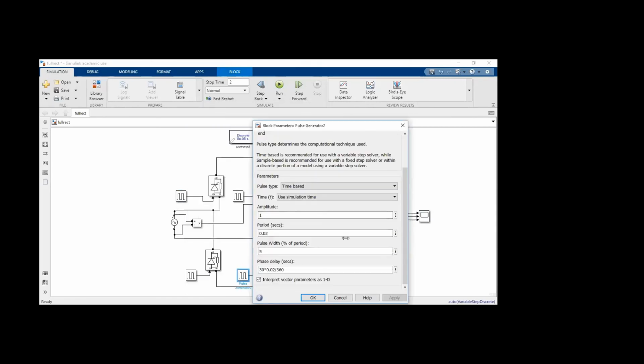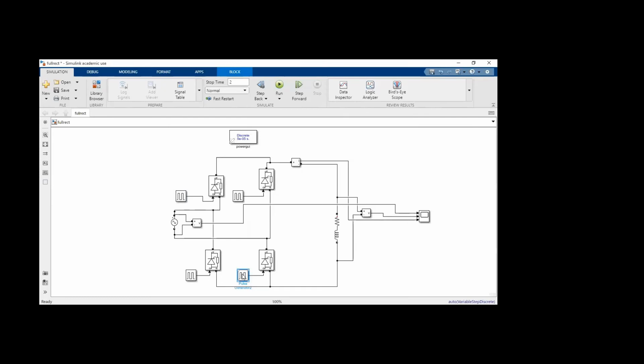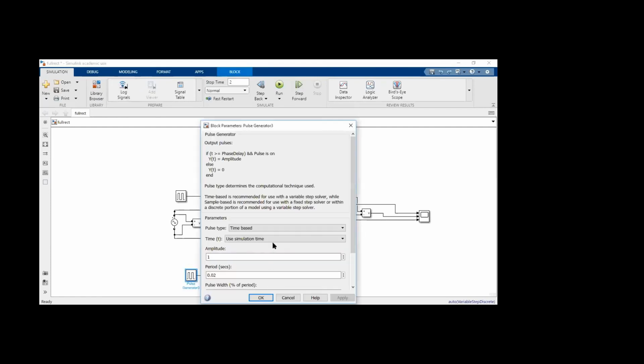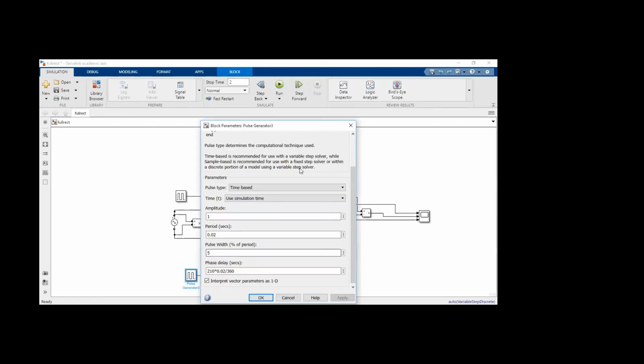Some members know this, so they will delete it and connect directly to the circuit like this. Even if you do it like that, it will work. You have to understand that instead of giving too many circuits, you can connect directly like this. It will work because both the values are the same, and the second and third thyristors will have the same value. They conduct after 180 degrees, 180 plus 30, which is 210.